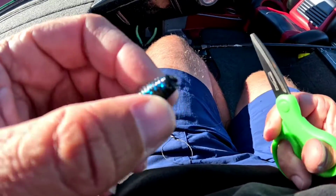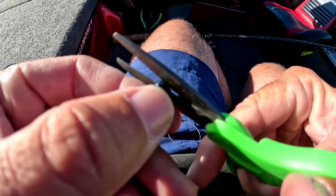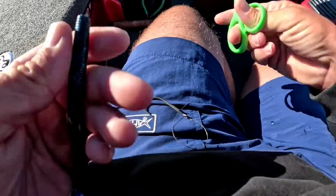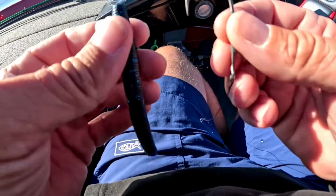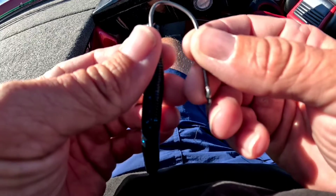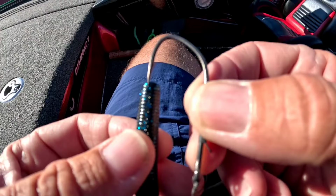One, if your Senko still has that little bit of flashing left from the mold process where they hang it and let them cure, go ahead and snip that off. It's kind of like doing any kind of carpentry, you want a nice straight edge to start with. But what I see a lot of people struggle with is they come straight into the Senko. This is where you can see it. They'll come straight in